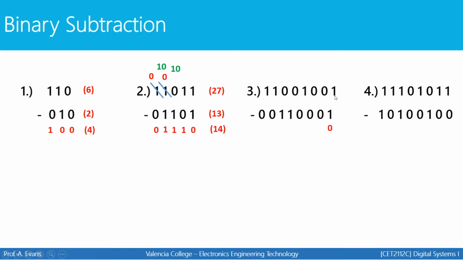We're going to start with 1 minus 1, which is 0. Then we have 0 minus 0, which is 0. 0 minus 0, which is 0. 1 minus 0, which is 1. And then right here, we have 0 minus 1, which we can't do. If we go to our neighbor, it has nothing to provide for the borrow. So this is an example where you would have to do a double borrow. So this neighbor is going to have to borrow a 1 from here,